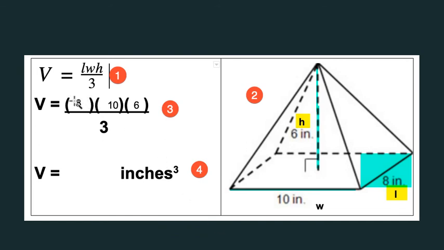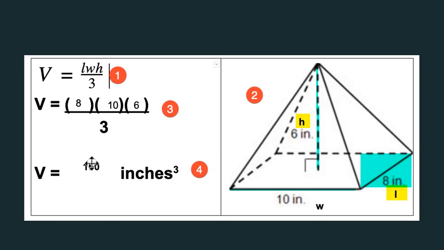So now we would use a calculator. In this case, 8 times 10 is 80. 80 times 6 is 480. 480 divided by 3 is 160. So you should check my work, because you know what, Mr. Long's not always correct. So I'm suggesting that that's 160